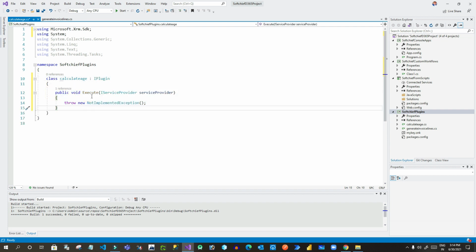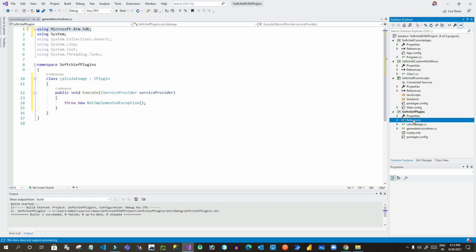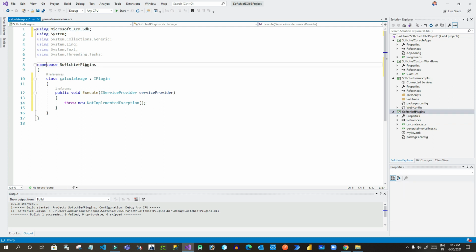Now the point here is you are not supposed to add these references every time to your project. So this reference is automatically added from the references folder, and you can keep adding your multiple plugins inside this project. Also you can see this namespace is same, so all the class files share the same namespace, which is a better option to manage, right?